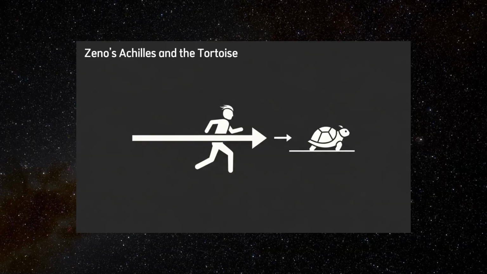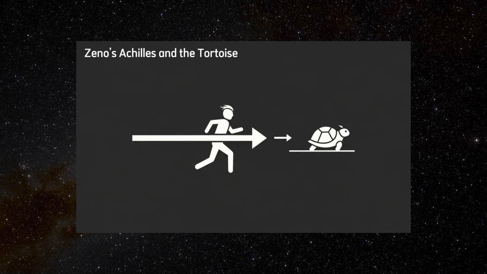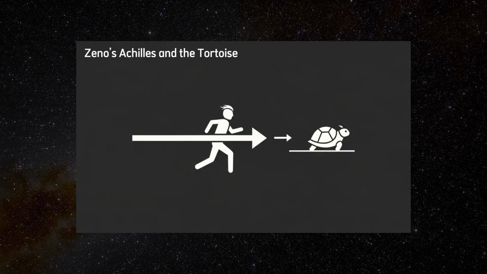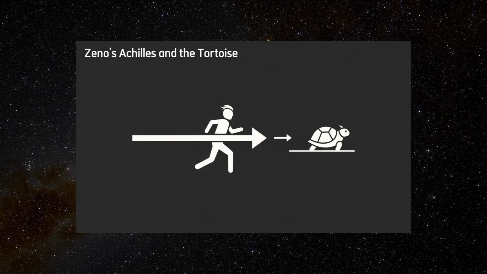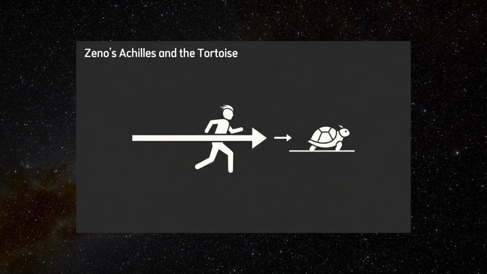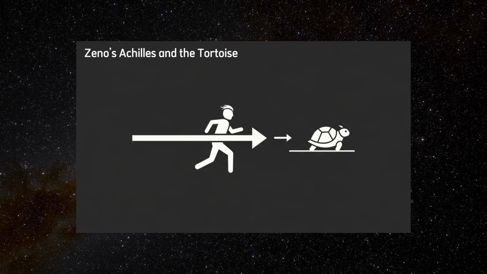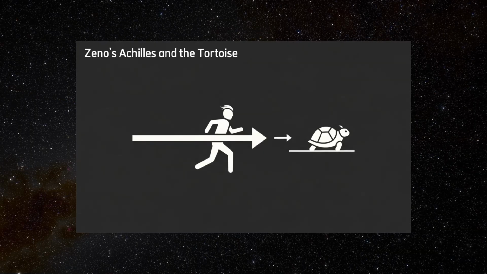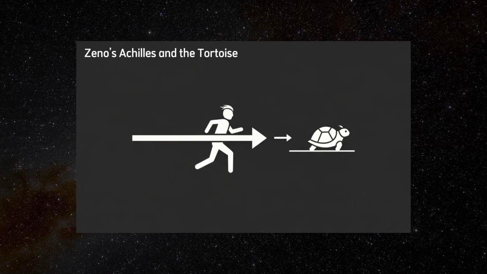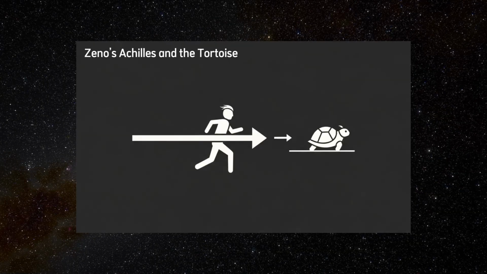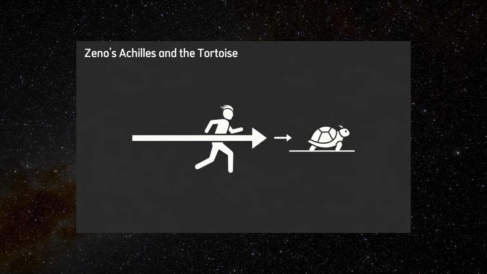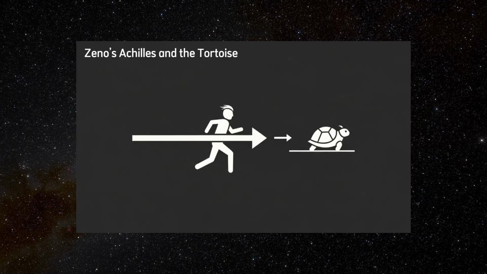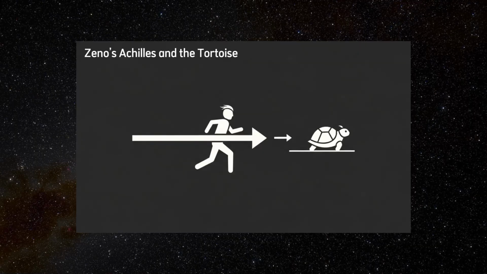The paradox is usually presented as follows: the great Greek hero Achilles, known for his exceptional speed, agrees to race a tortoise, a creature famously slow. To make the race seem fairer, Achilles gives the tortoise a head start, say, 100 meters. Once the race begins, Achilles quickly runs toward the point where the tortoise started. However, in the time it takes Achilles to reach that point, the tortoise has moved a little farther ahead, perhaps just 10 meters. When Achilles covers that additional 10 meters, the tortoise has again moved forward, though by an even smaller distance, say 1 meter.